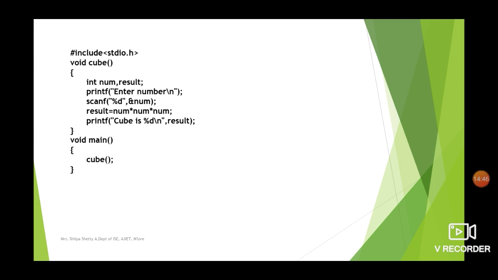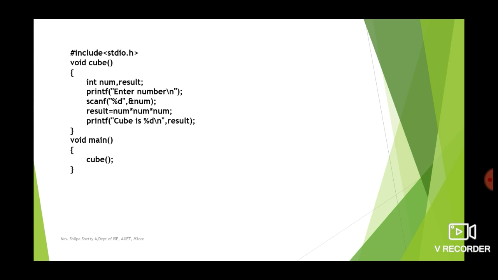Now suppose you are writing the cube function before the main. This function is again similar to the previous cube function, but in this case we are not returning any value, or we are not passing any parameter. Simply the function cube is called without passing parameter and return value.